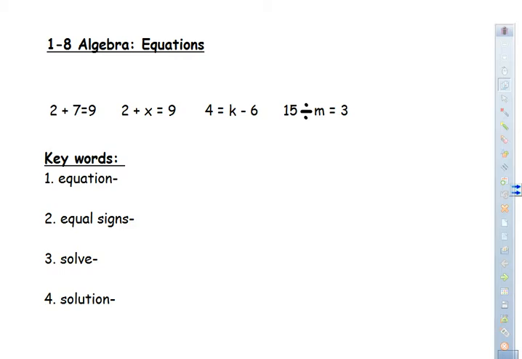So up top here there are a few examples. What I want you to do before we get started is simply hit pause and copy down this information into your math notebook. So go ahead and hit pause and do that real quick. Alright, now that we have all of this in your notes,